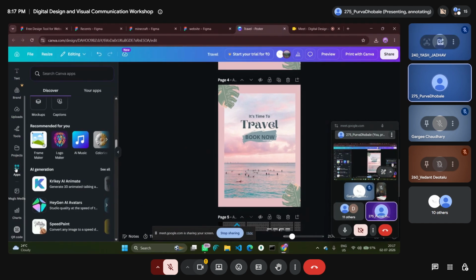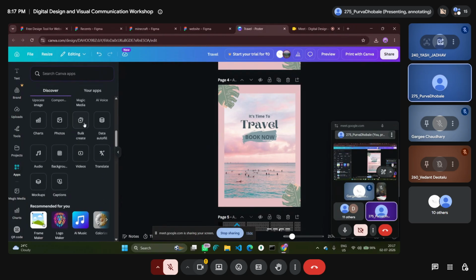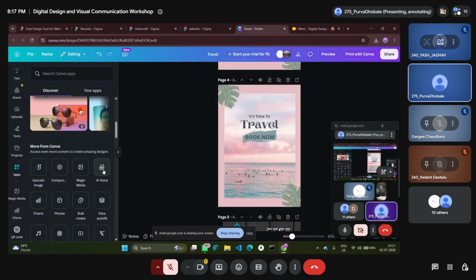Moving to apps, we have many unexplored apps on Canva, such as image splitter, QR code generator, etc. Sometimes while creating a story, we need a voiceover or AI voice for our videos or stories. For that, we can use these apps: AI voice, Magic Media. These all features are present in Canva.